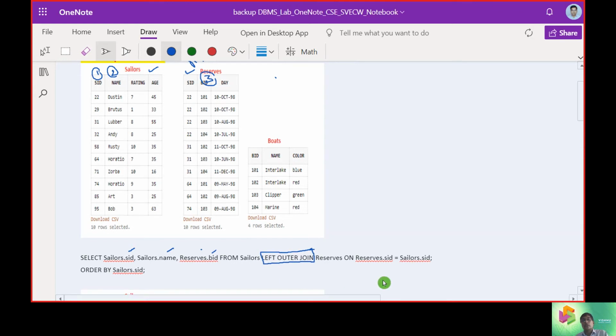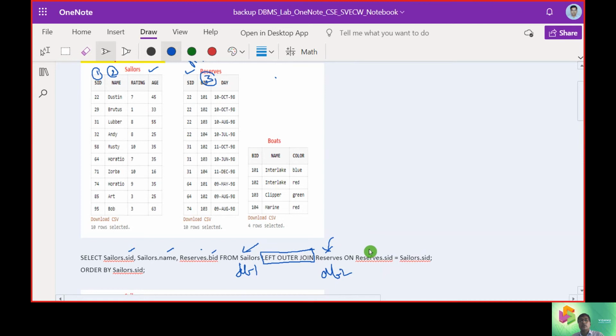It is going to apply between Sailor and reserves. So this is database 1, the Sailor database, and reserves is going to be database 2. And what was the condition we are going to look into?